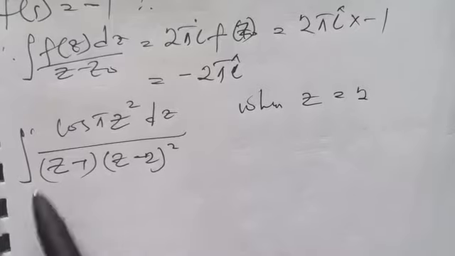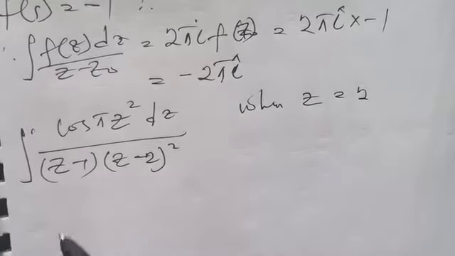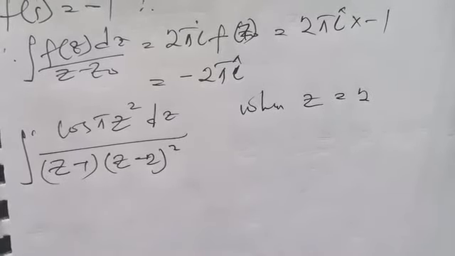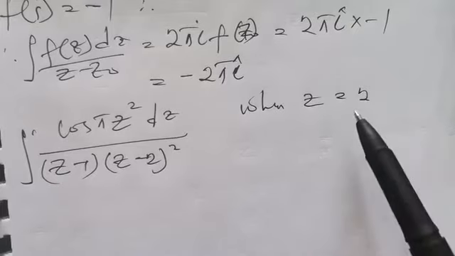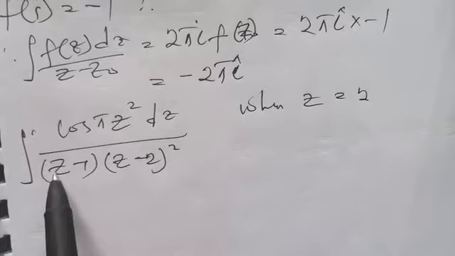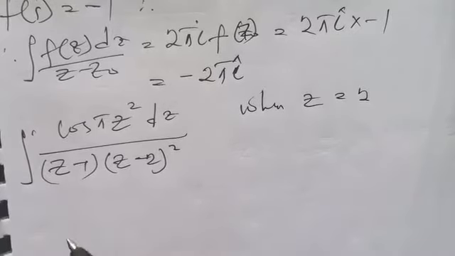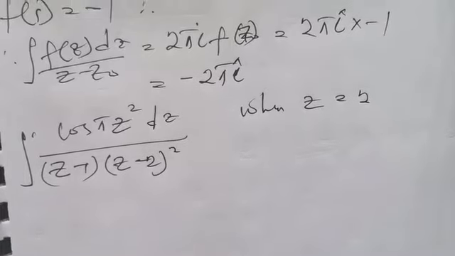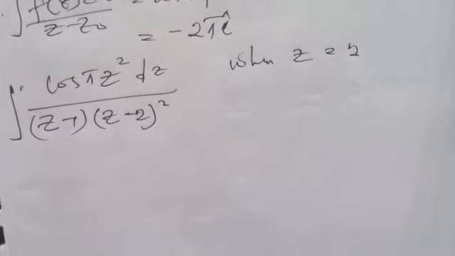Automatically, everything at the denominator will become 0, which means this division will give us an infinite value. So for that reason, you have to divide through by the function in which when you put in the value of z as 2, you are not going to obtain 0 at the denominator. And that is simply putting in z as 2, I have 2 minus 1 gives me 1. So it means I'm going to be dividing top and bottom by z minus 1. So this integral simply becomes